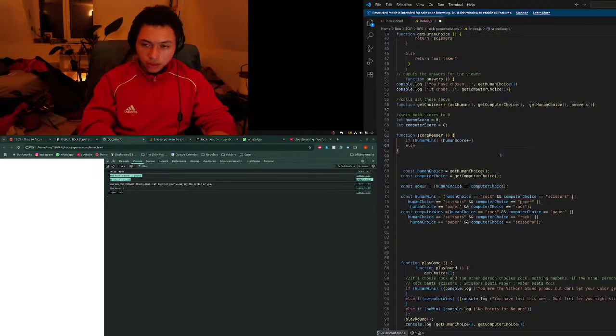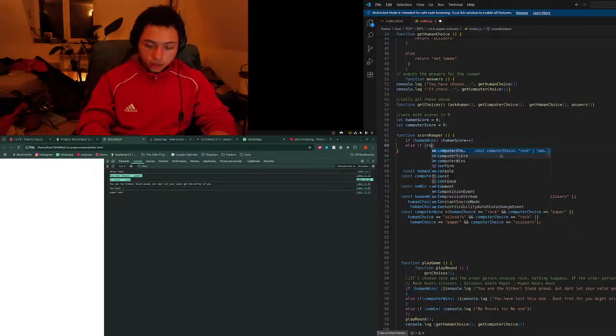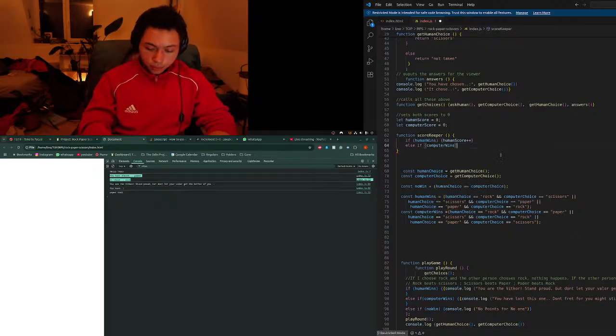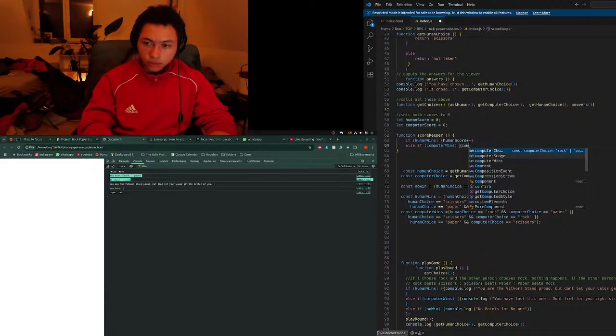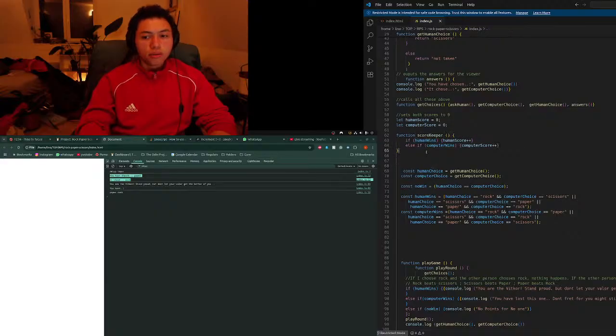Else, no. Else if the computer wins, increment computer score. Okay, this